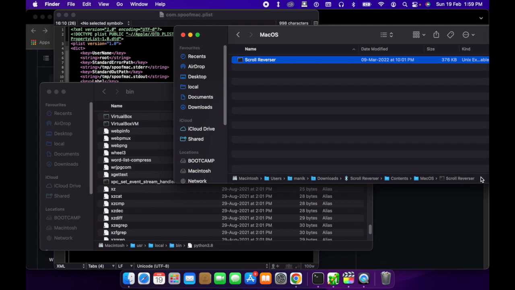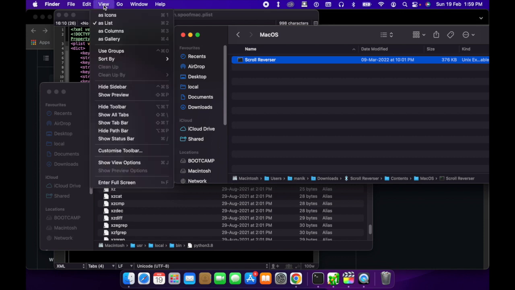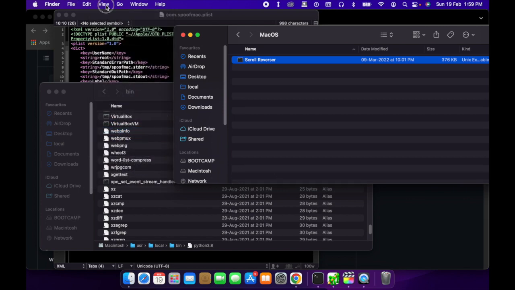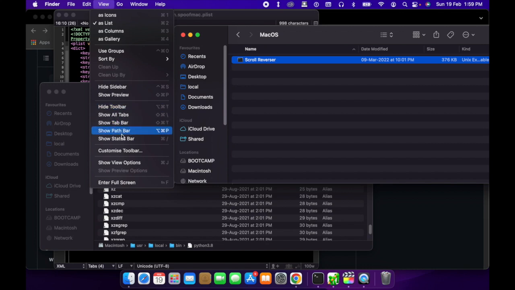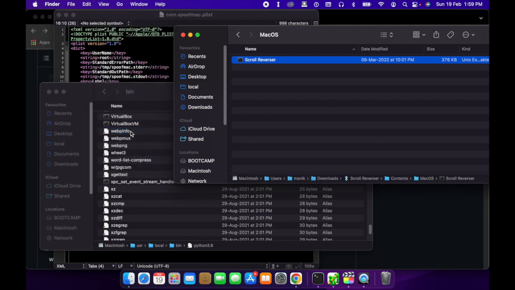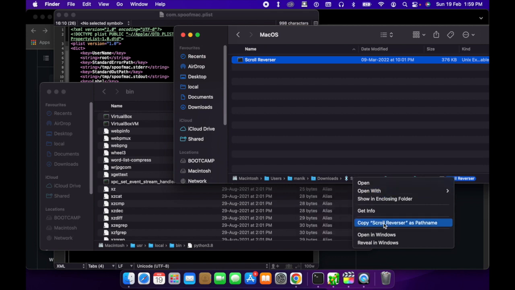Now how we can see this path is very simple. If you are not getting this path, just go to view and just press this. So first I will hide it, and then I will show you how to turn it on again. So you have to click on this show path bar. So now once you click it, the path is available here, and now just right click this and copy scroll